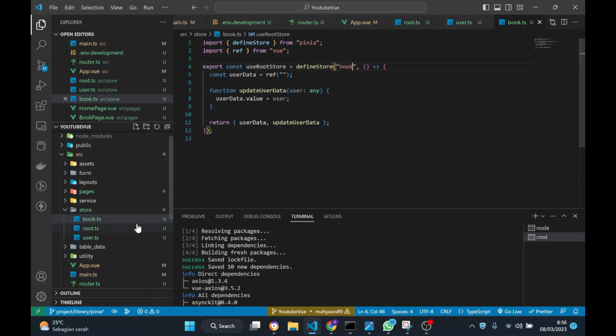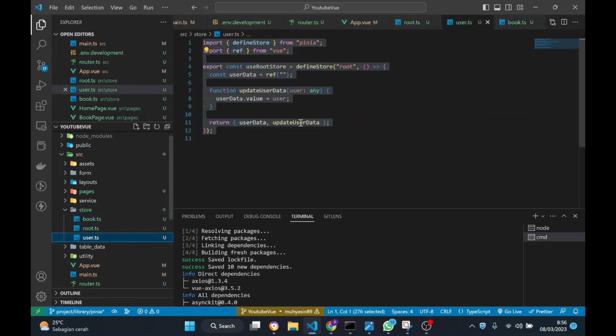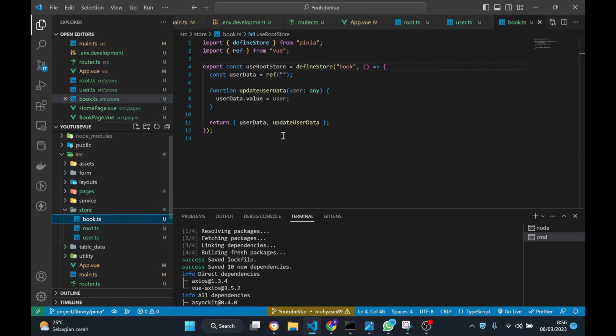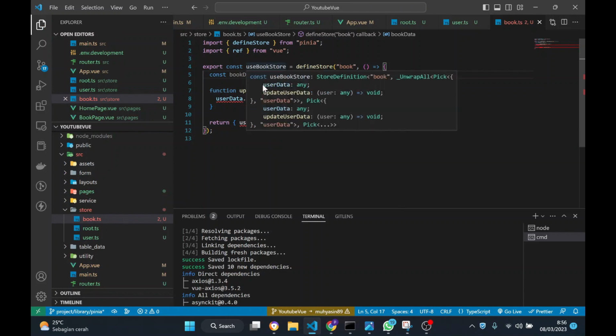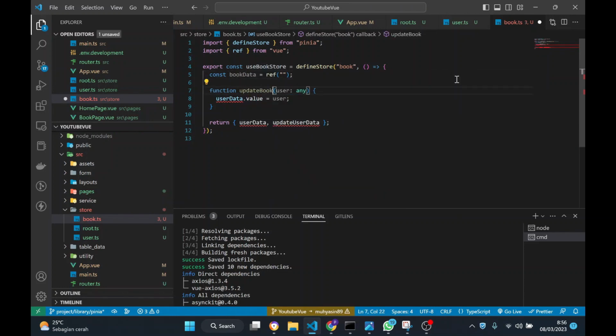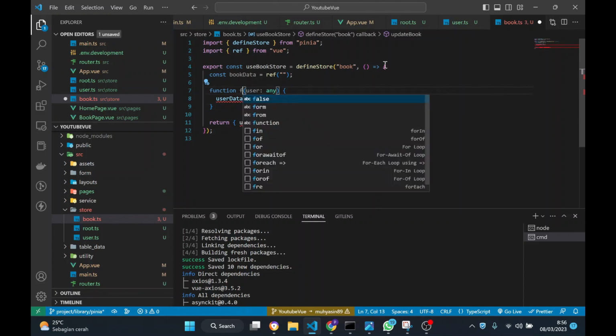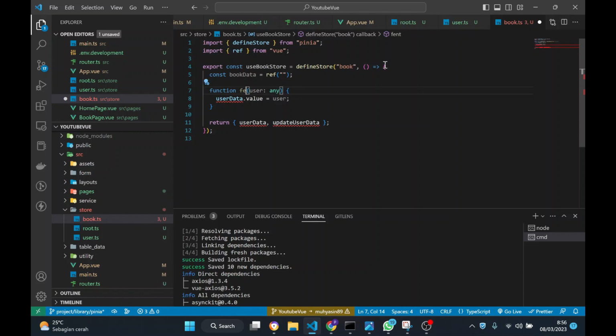I'm going to have a books in here, TypeScript. I'm going to say books, okay. Let's copy this user, and copy this, change it into user store, change it into bookstore. Make sure that it's not ambiguous in here. Book data is going to change to update books, okay, and change the name into French,